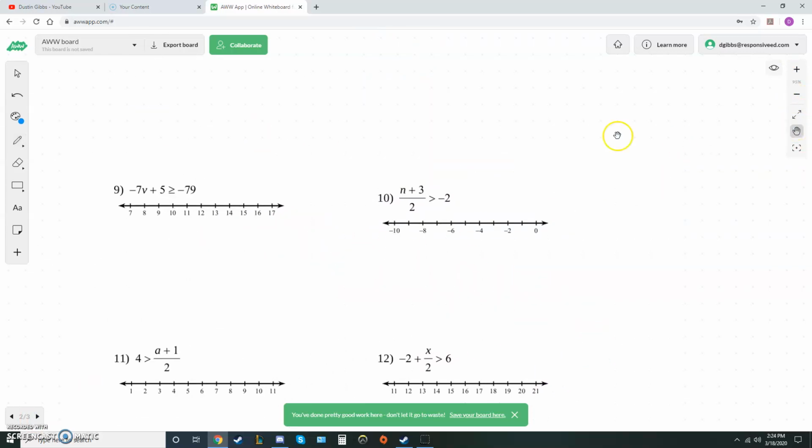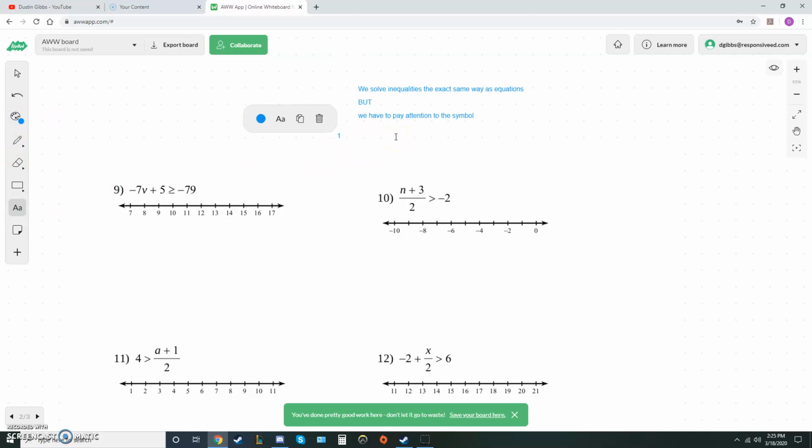Now, inequalities, remember that we solve inequalities the exact same way as equations. But we have to pay attention to the symbol. Because if you remember, we can do flip rules. Okay? So what that means is